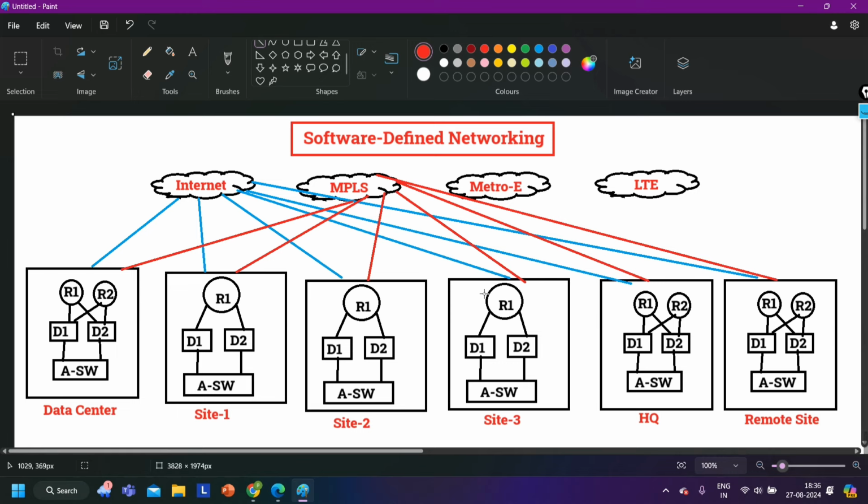If you need more backup, you can use Metro Ethernet, you can use LTE, right? But then the cost is going to increase. So this is the traditional network. And guys, as network size is getting larger, it's difficult to manage and troubleshoot